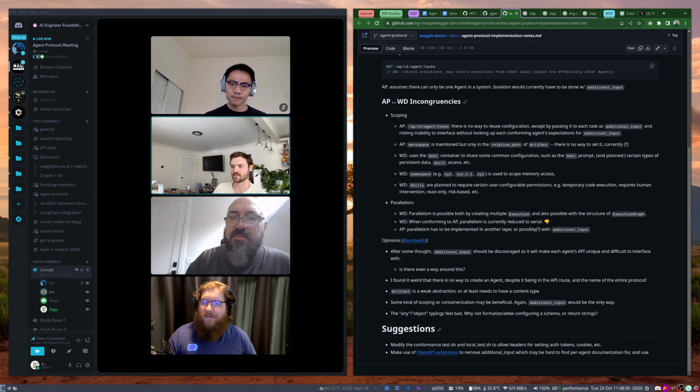Okay. Yeah, having some kind of namespacing or tenancy is super important for this, and I didn't see a native way to do that with the current spec. I think these are all things that could be implemented.